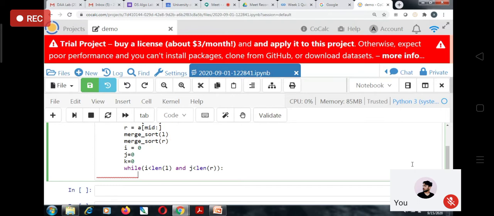So what will we do now? Please someone tell me the procedure of the merge operation. You don't have to tell me the syntax, just the procedure of the merge operation. Simple merge. Anyone of you tell me. You already know it, because in arrays also we have this merge operation, merging of two arrays, and here also in the algorithm you have learned it. So please someone tell me the procedure of merging two lists or two arrays.